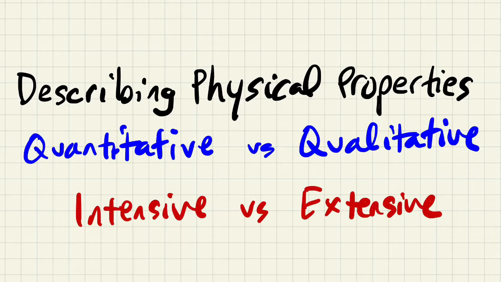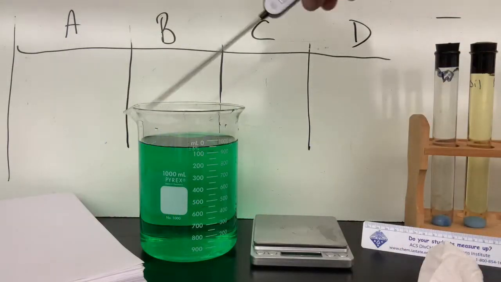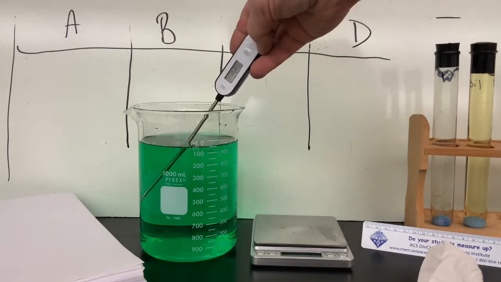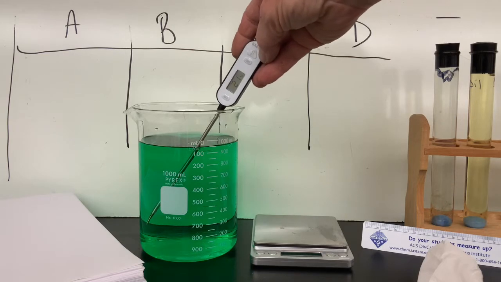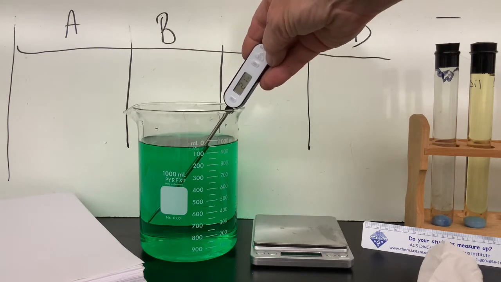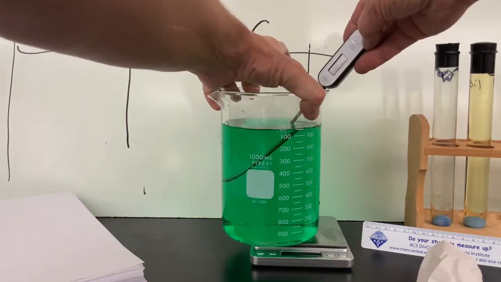In this video, we'll take a look at describing physical properties, in particular the words quantitative and qualitative, intensive and extensive. So I'm measuring some water, the temperature 21 degrees, the water is green in color, and there's lots of it. It's heavy,